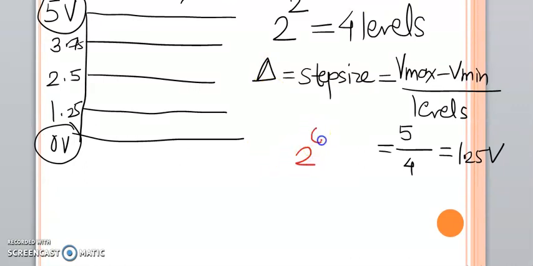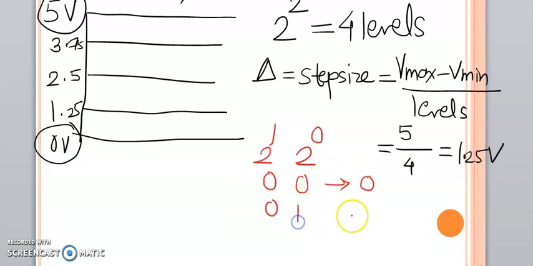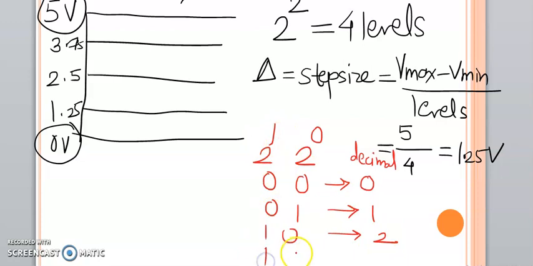So here, as I told you, resolution is 2 bits, which means 2 bits will be there. In this way the levels have been determined: 0 0, which stands for 0 in decimal, 0 1, which stands for 1 in decimal. Here 1 0 stands for 2, because 2 raised to 1 is 2. Now next will be 1 1, that will be your decimal 3. So these are nothing but 4 digital values for 2 raised to 2, which means a 2-bit ADC.